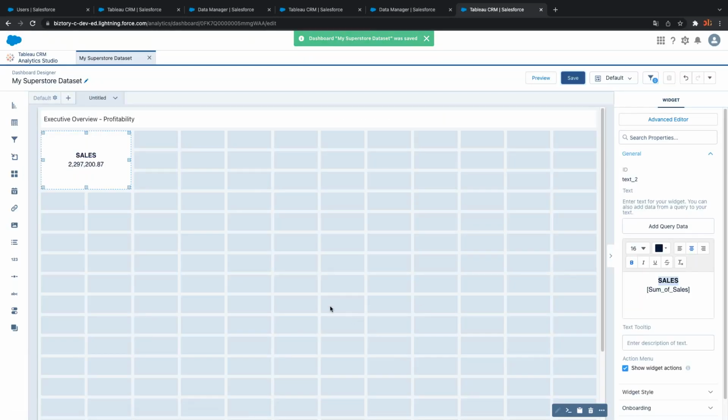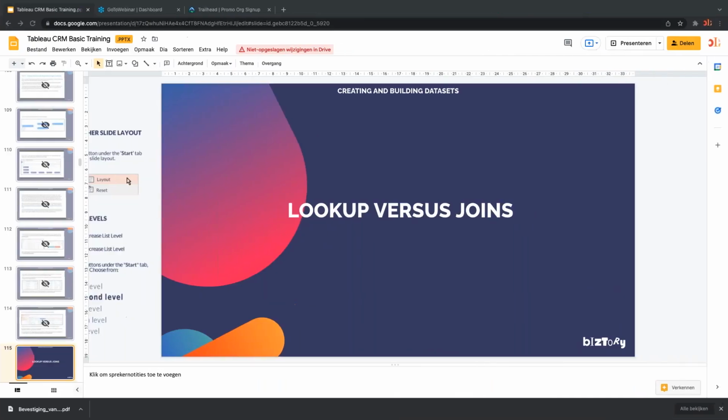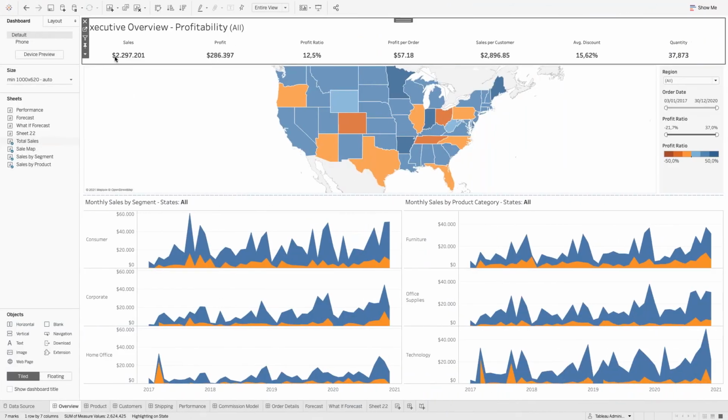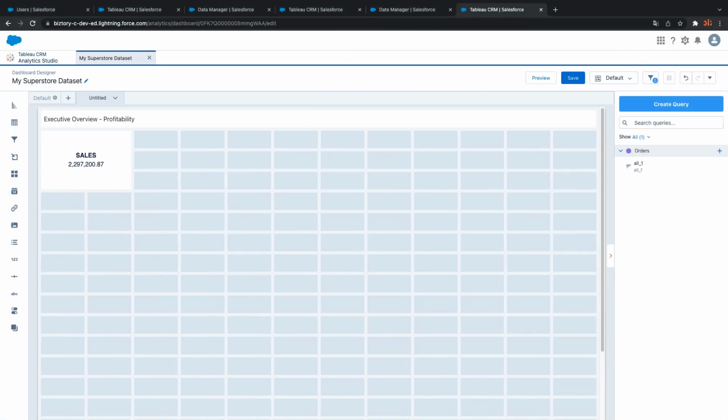Very important, click Save, because Tableau CRM does not have autosave at this moment in time. All right, we really want to make it look exactly the same. You see that it has a $ sign in front of it, and you might wonder, where do I format my numbers? Well, formatting the number in this case might be the easiest by going to the right side to that